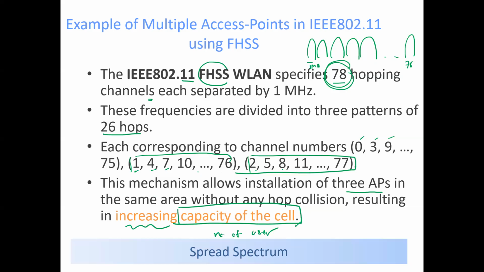What can we do? By applying frequency hopping. For Wi-Fi, it mentioned that there are 78 channels, and the standard can provide 3 groups, so it is okay if you have 3 access points in the same area. If this is a big hall, usually we have only access point 1, and everyone in this hall can access this access point. But anyway, by using frequency hopping,